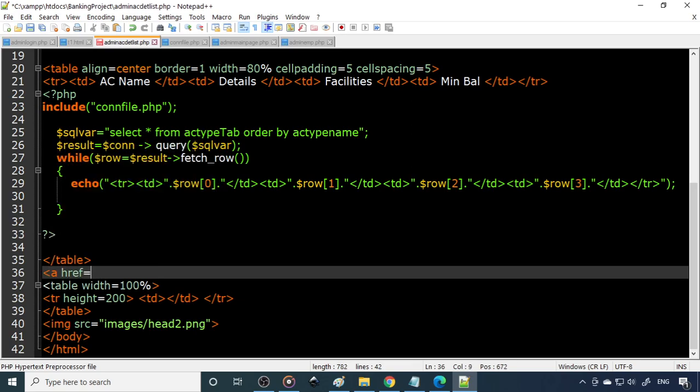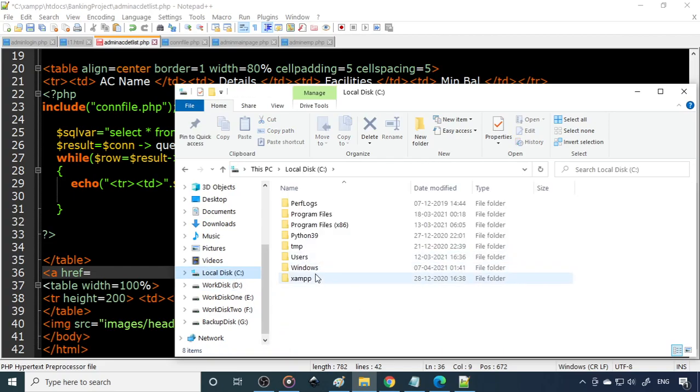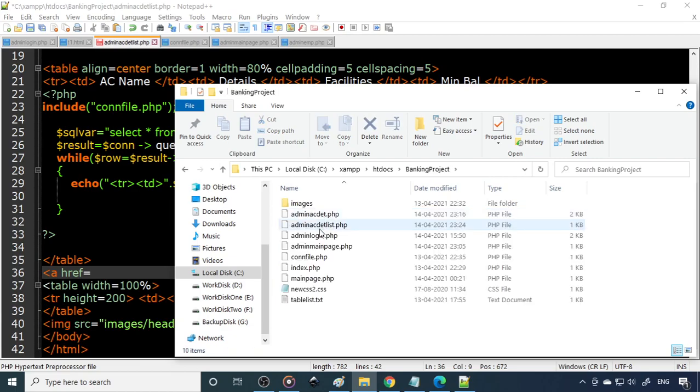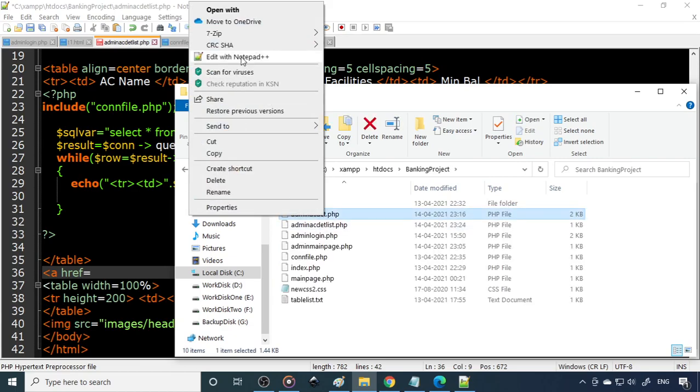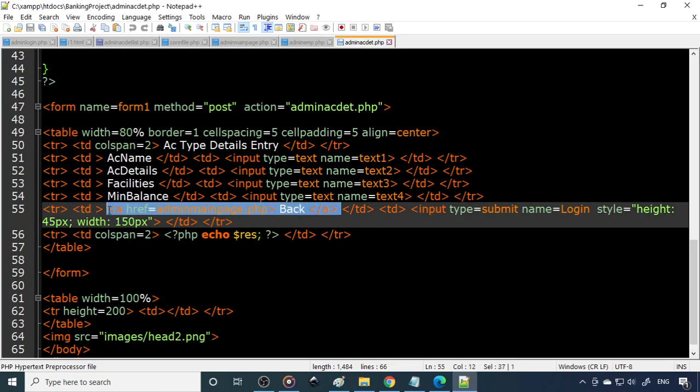It should come back to the main page where we did this. This is the banking project. Okay, here is the one, where we wrote back. So this is required. Just copy this.